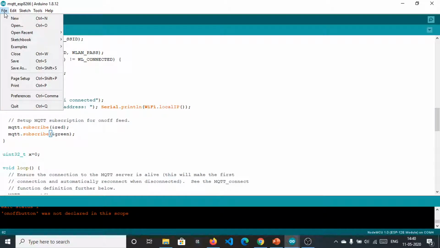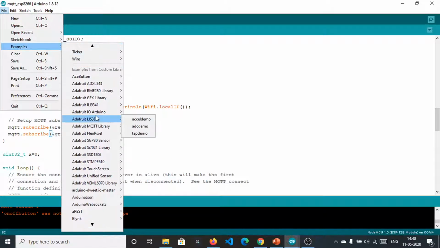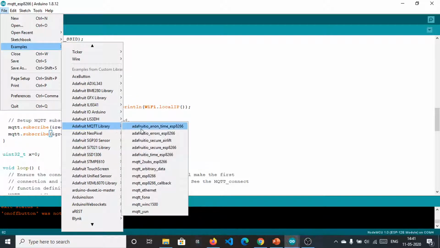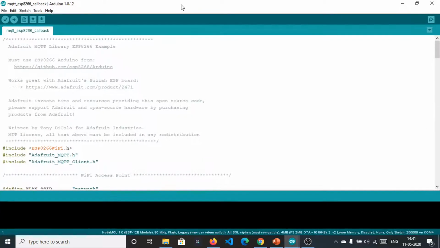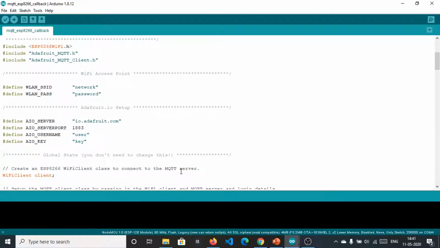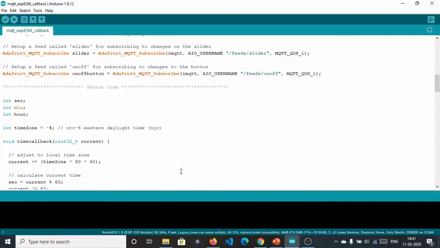We are using this sketch, the Adafruit MQTT ESP8266 callback example, as our reference, and we will code from it.